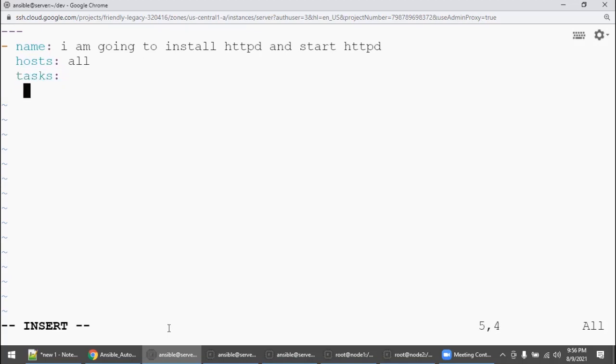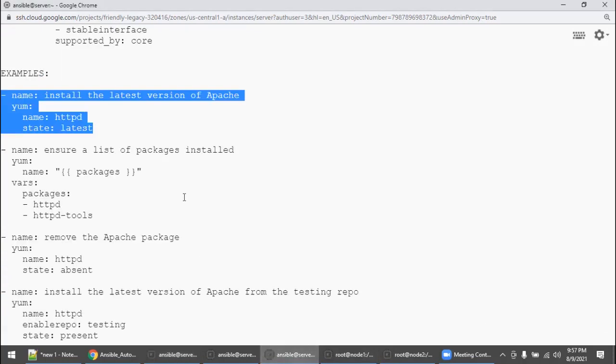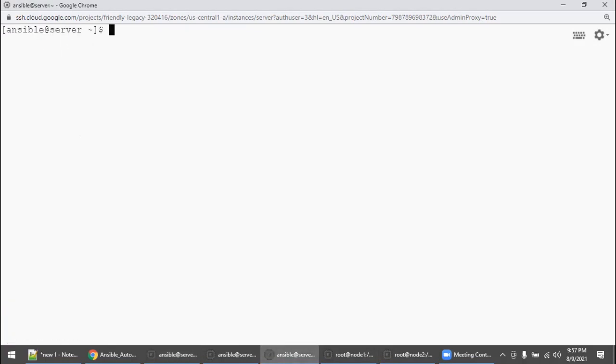Since I'm going to start my first task, so one space inside, hyphen, say name colon, install first task. What is that? HTTPD. Enter. If you are really confused or if you forget, since you are a beginner, even I don't know anything. So come out of this. Go to the third window, the putty window, ansible-doc, right?